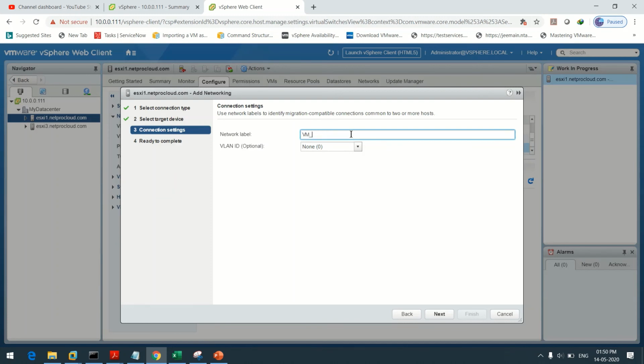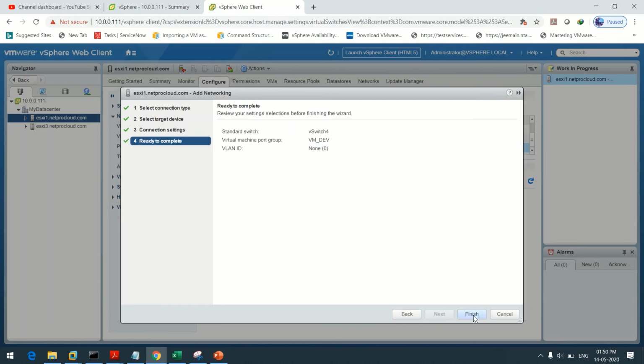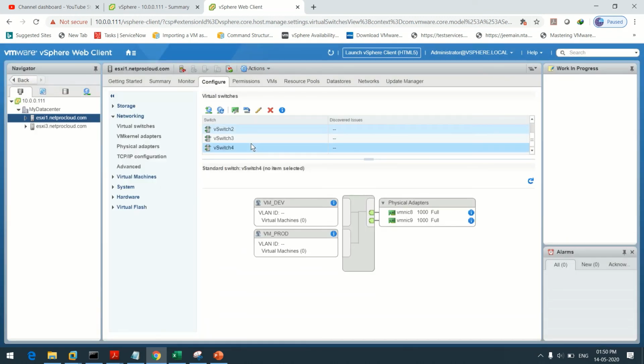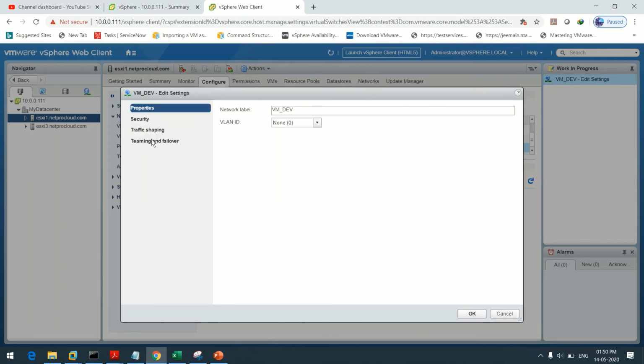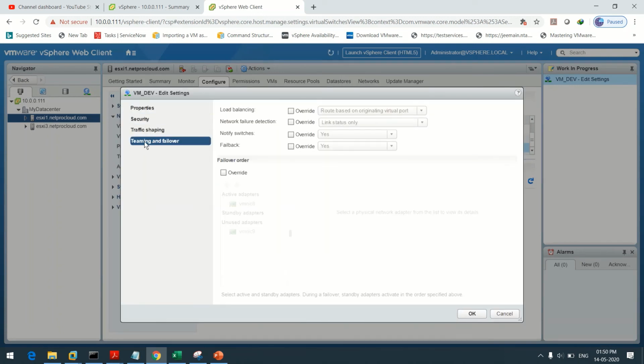Network label. So type here VM_dev, finish. So VM dev and VM prod. And VM dev, it is again communicating with the 8, but we need to make this communication from dev to VM 9. So what we do, we simply click on VM dev, edit this, teaming and failover, because in teaming we are just going to manage the physical network adapters.